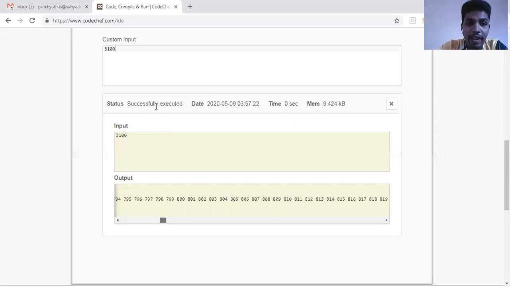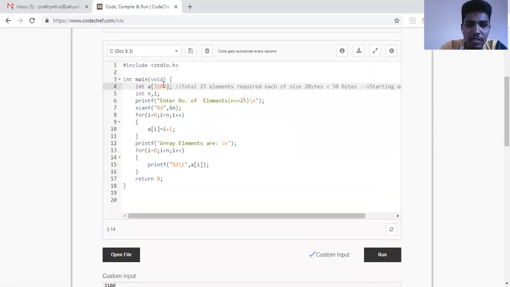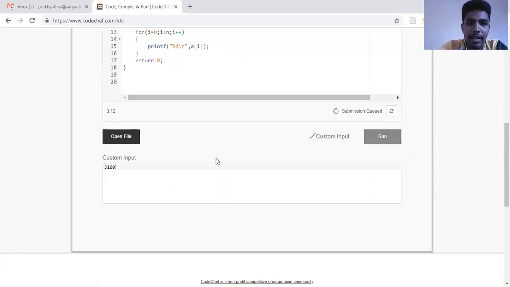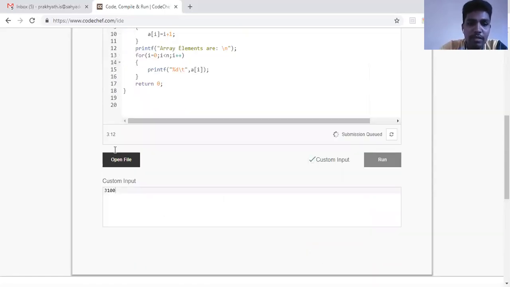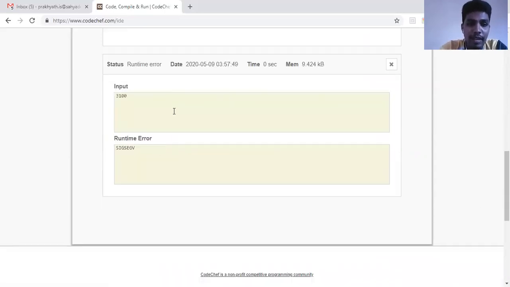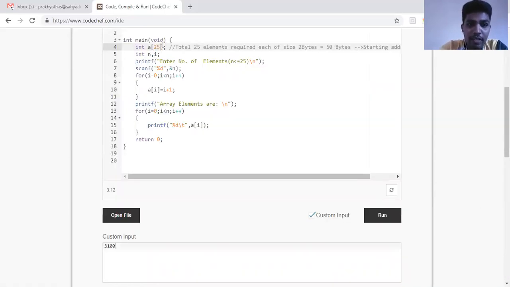But if I reserve only 25 rooms, see the difference here. If I reserve only 25 rooms and I request 3100, it is showing an error. I requested 25 rooms and I'm telling I want 3100, then it is an error. But if I reserve 3100 rooms, then it is not an error.